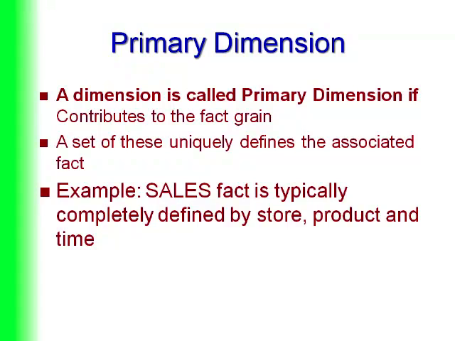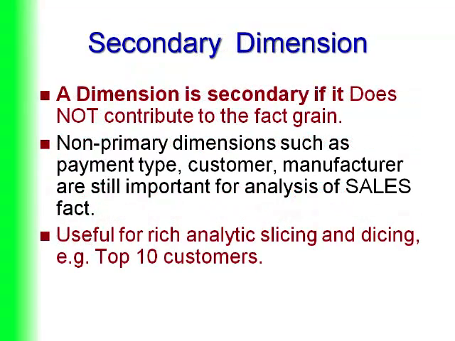For example, sales fact is typically completely defined by store, product, and time. So therefore, store, product, and time are the primary dimensions here. Secondary dimension: a secondary dimension is a dimension that doesn't contribute to the fact grain, which we also term as non-primary dimensions. Examples for this kind are payment type,